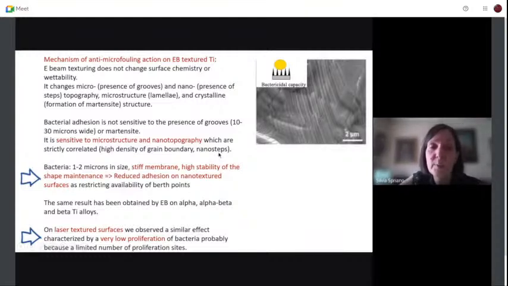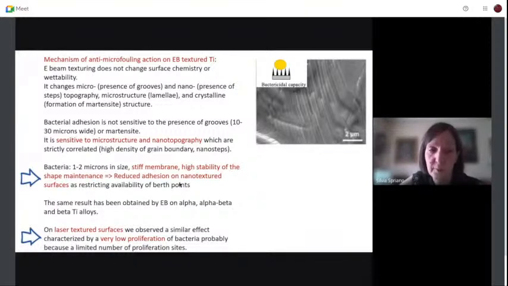And this can be explained because bacteria are very small with respect to fibroblasts, and they have a stiff membrane, and they try to have a high stability and shape maintenance. So at the end, they are not able to maintain their shape on this surface, so you have a reduced adhesion on nanotextured surfaces. And this is a new outcome coming out from our research, because it was not reported